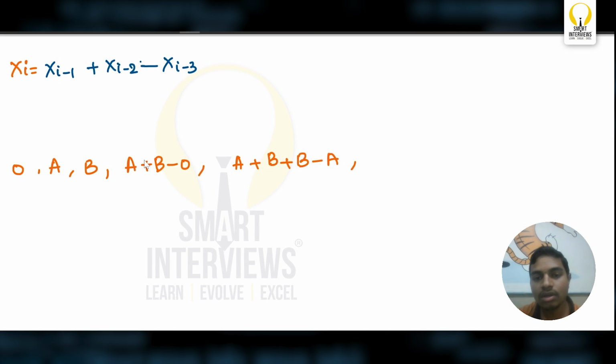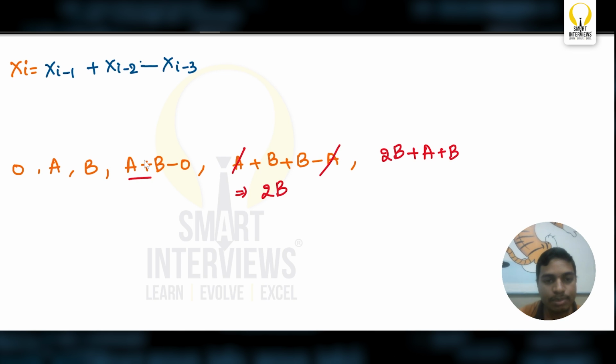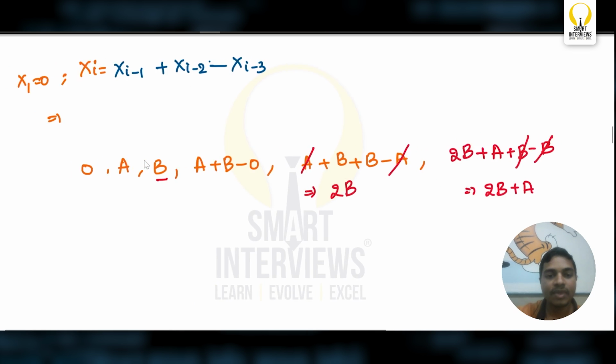Fifth term is going to be, we got this as something like, what is this? Both a's get cancelled, it's going to be 2b, right? So it's going to be 2b plus a plus b. This is what, 2b plus a plus b minus b minus b. Yes, in a sense these two get cancelled, and it's going to be 2b plus a, and if you look